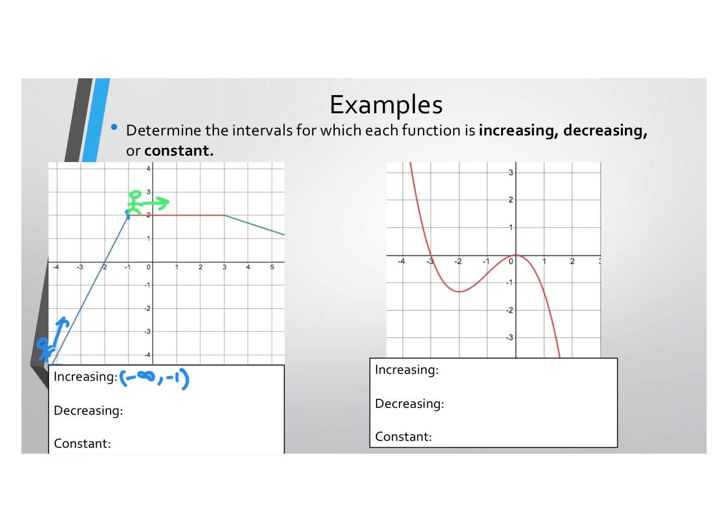Now he is constant from x is -1 to +3. And then notice we can also put another stickman. He's running down the hill, so that means he is decreasing from 3 to infinity. The picture on the right, if we start with our stickman, notice he runs down the hill